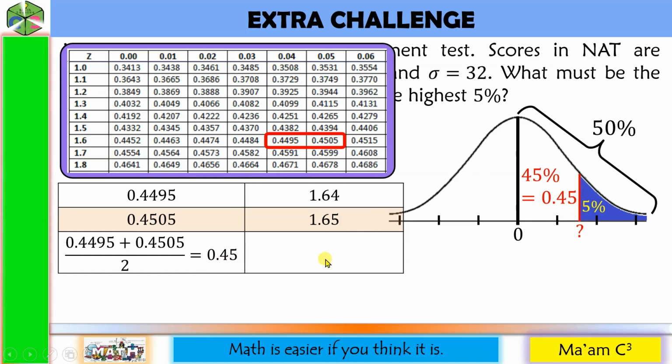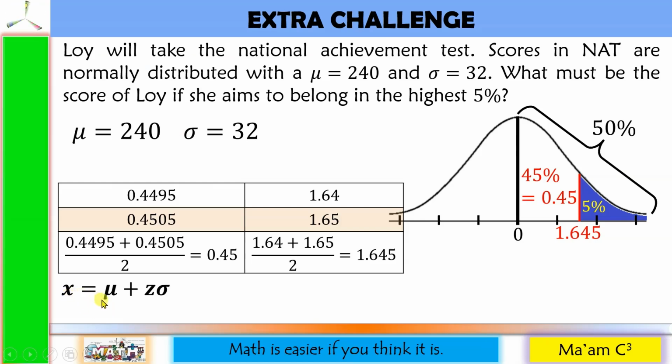To solve for the corresponding z-value, we are going to do the same thing here. So let us add these 2 and divide it by 2. And this will give us 1.645. This means this value here is 1.645. Remember, in our previous lesson, we can convert a z-score into raw score. Our formula for that is x is equal to mu plus the z-score times the sigma. Our mu is 240, our z is 1.645, and our sigma is 32. Computing this, it will give us